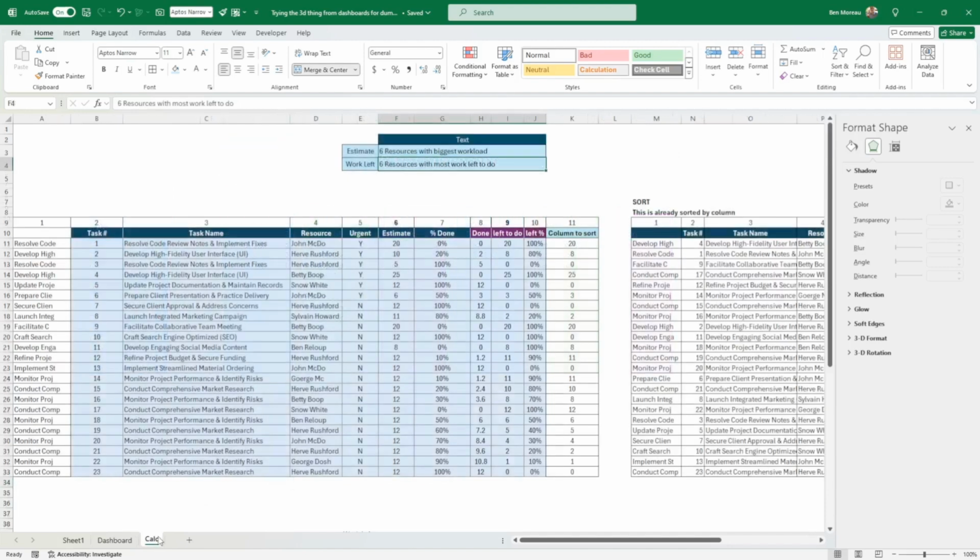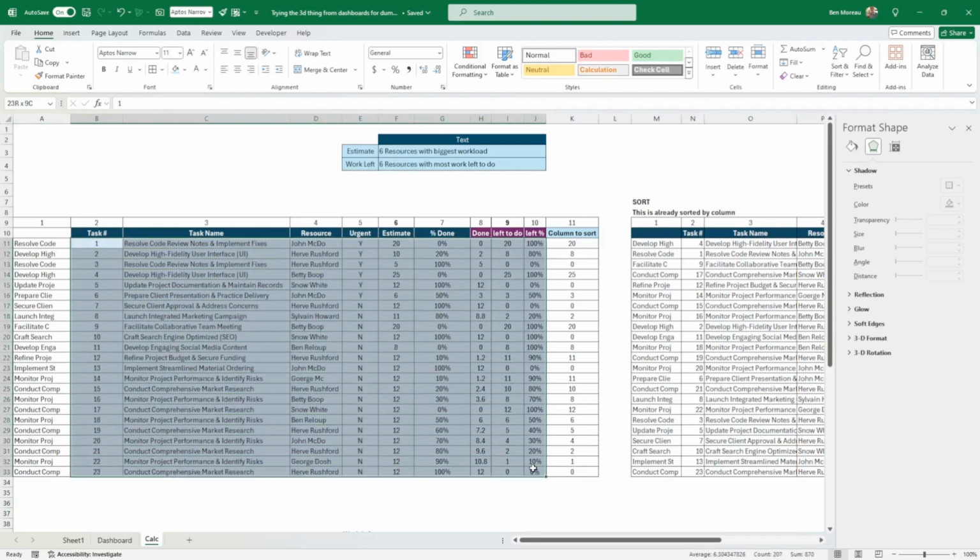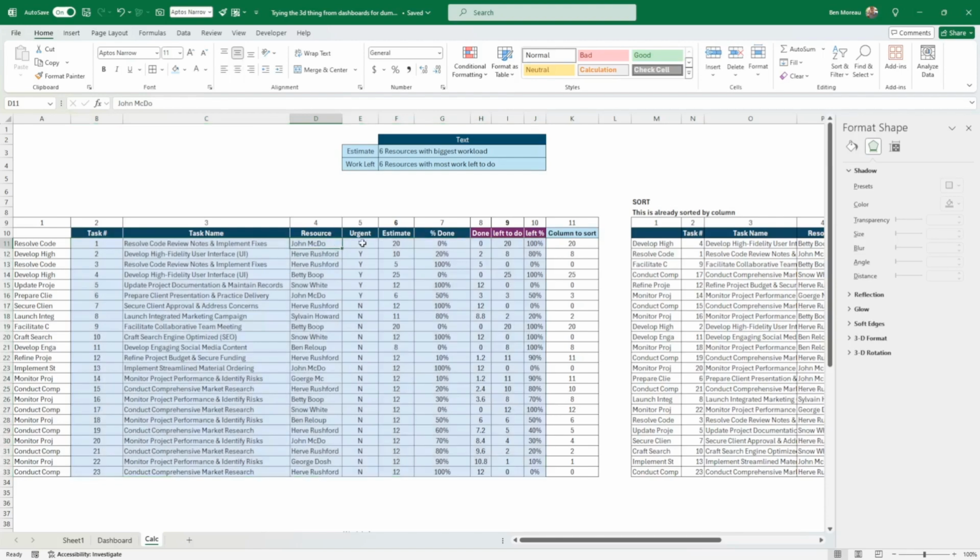Okay, so now let's have a look at the task list. So this is a standard task list, the pale blue here. This is a task list that I'm using often, so I'm not going to walk you through it in too much detail. If you want to have a look at my other videos, you can. I put a task number, a task name, a resource, urgent, not urgent, yes, no, estimate, percentage done. So this is the manual input,